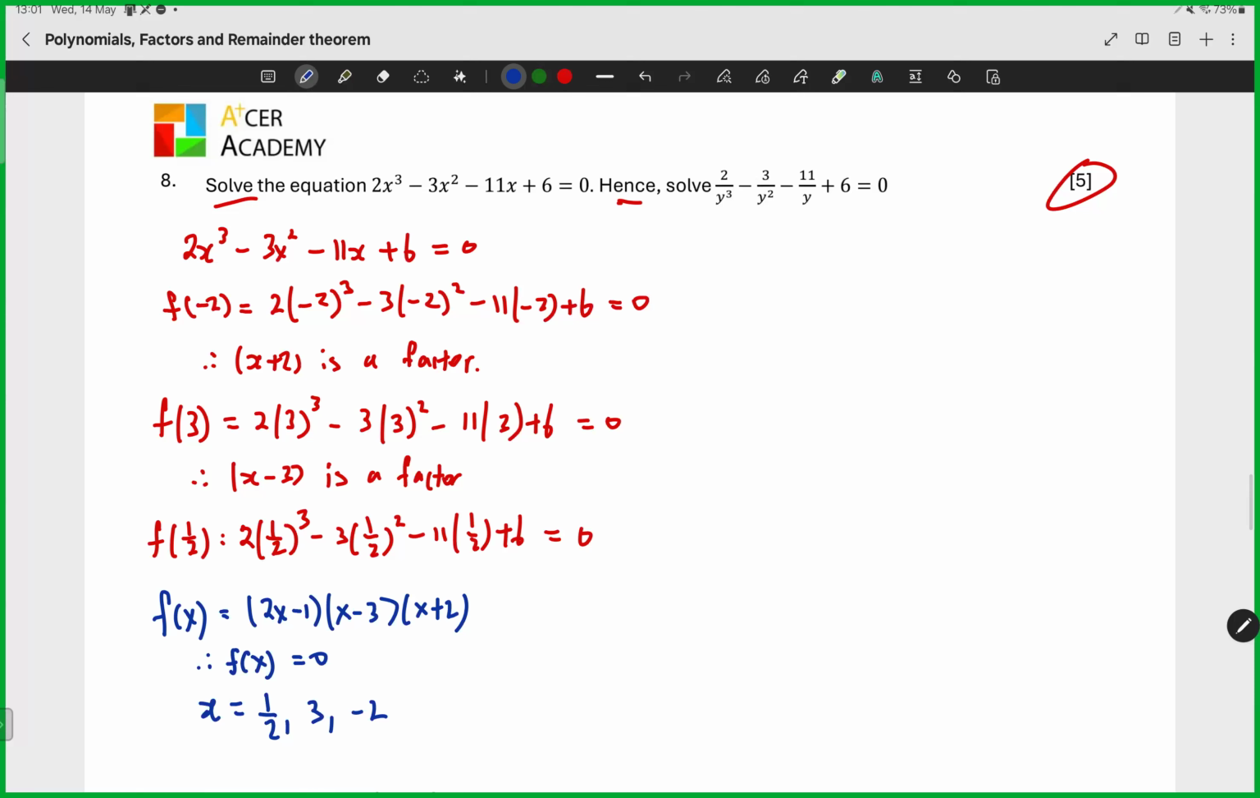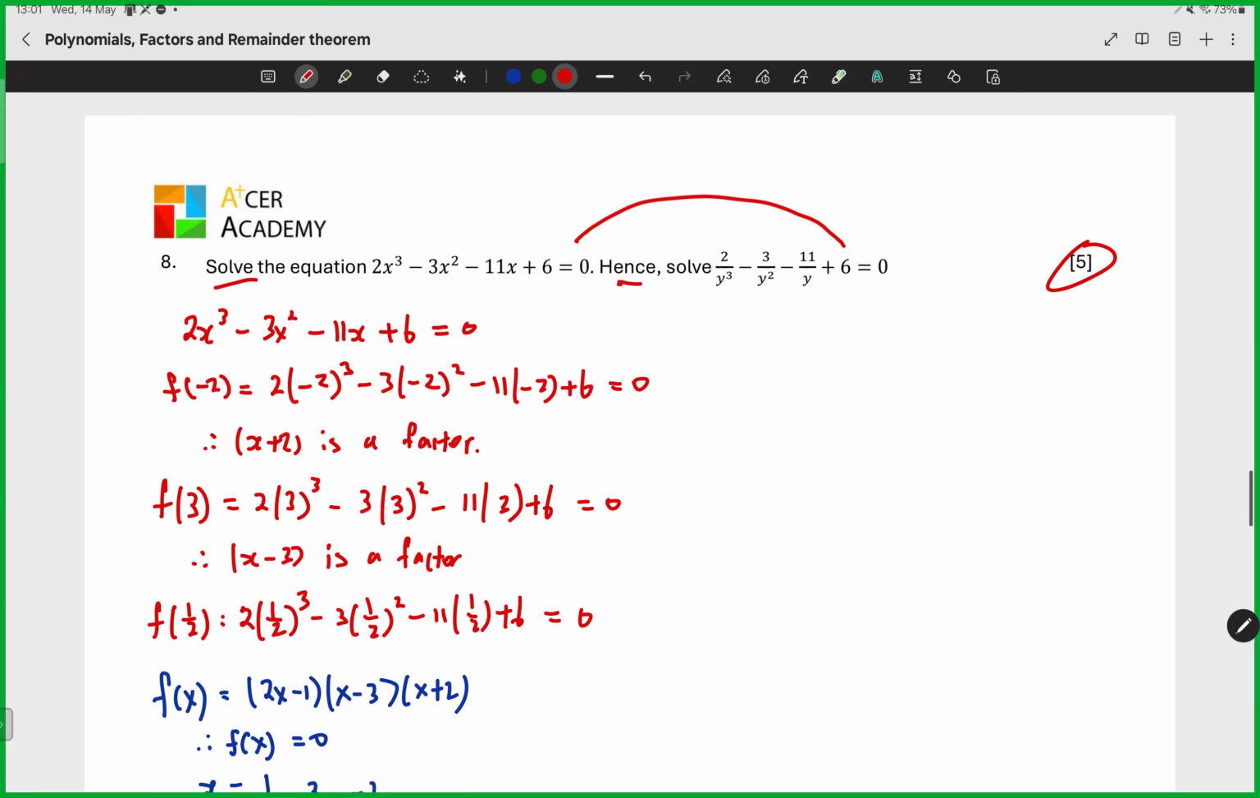Now, hence solve. You notice that we are trying to find some corresponding values. So this is positive 6, they correspond. Negative 11x, however, is written as negative 11 over y. 3x squared is written as 3 over y squared. Then 2x cubed is written as 2 over y cubed. So you need to be able to spot that the link is actually to just replace x with 1